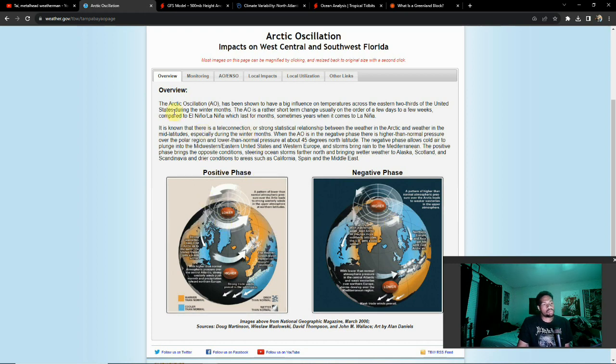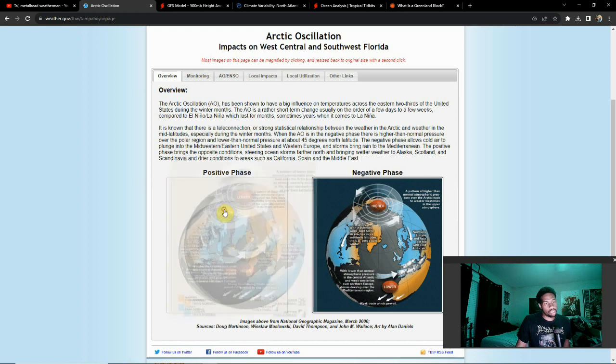So there's two phases with the AO. There's not a neutral phase with this one quite as much, because this is more so based off of pressure than it is sea surface temperatures. With us being this far north, usually sea surface temperatures are really a non-factor because it's briskly cold, or whatever description you want to say for brutally cold up here. So not really much in the way of sea surface temperatures to be worried about here, but pressure is definitely going to be the big thing. So we're going to go over the two phases, positive and negative, as we can see here. We're going to get a better look at the picture.